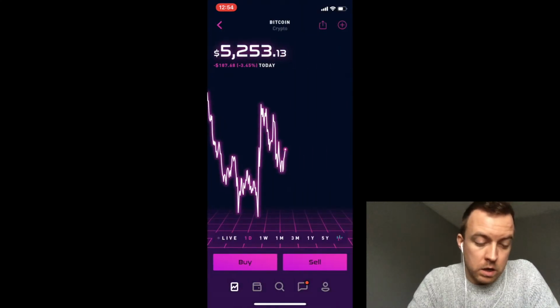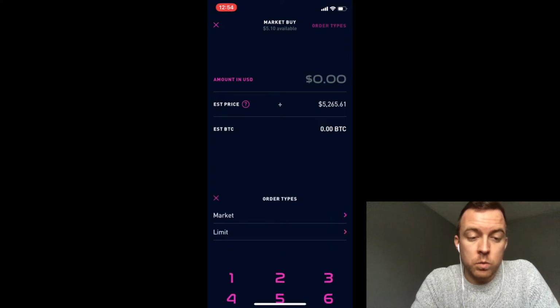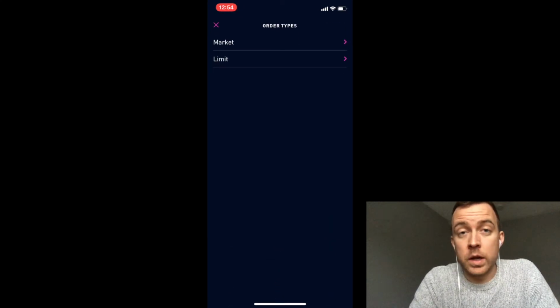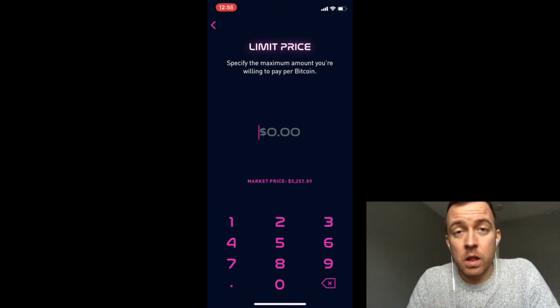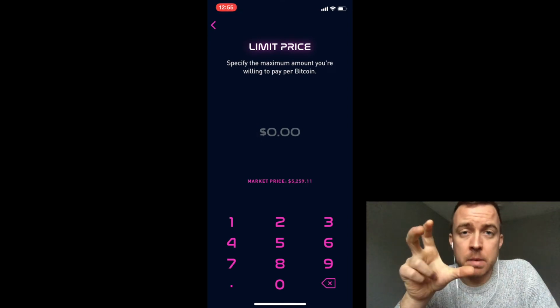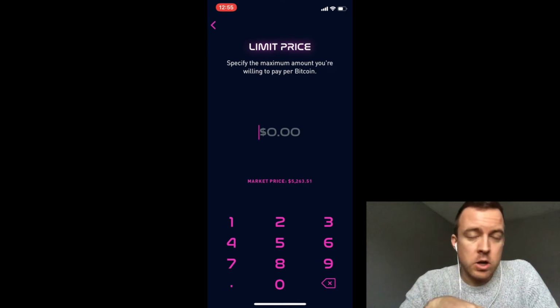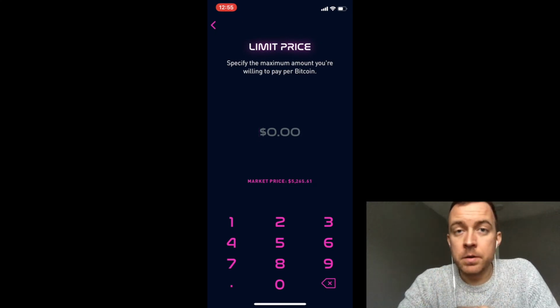One thing to note here, say when I buy, order types. You guys probably already know this, but I'm going to tell you anyways. The market order is whatever it's at the moment when your transaction goes through on the blockchain. When you do a limit order, you can set the limit price for what you're willing to sell or buy your Bitcoin at. So keep that in mind. So if you have a price set in mind and you don't want to sit there on your app waiting for it to transact, you can easily put in that number, set it, leave it,